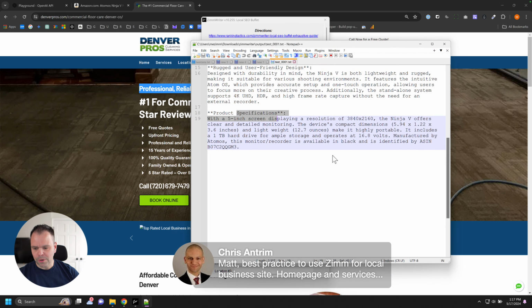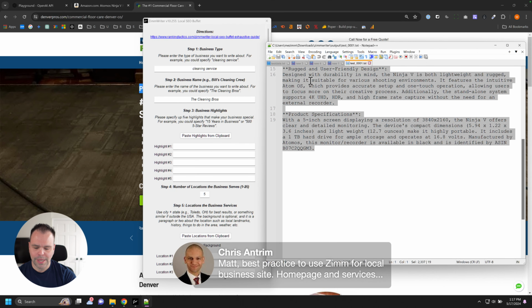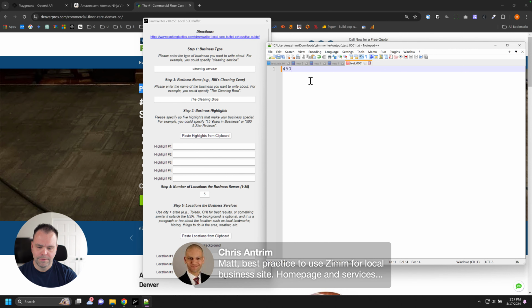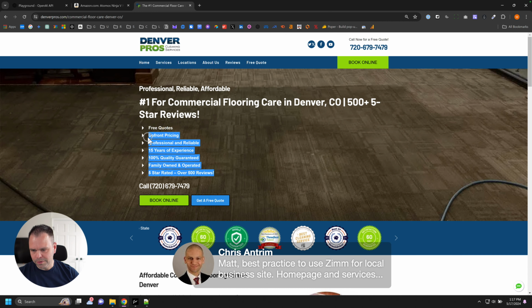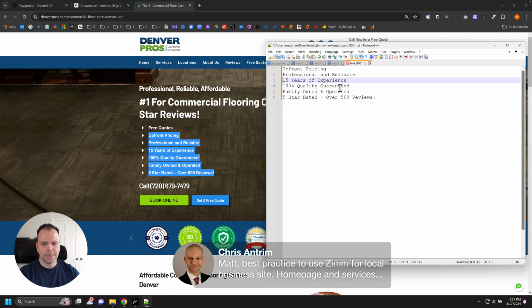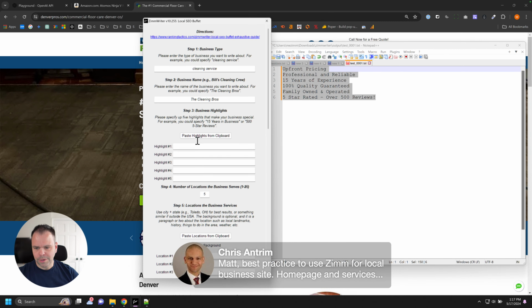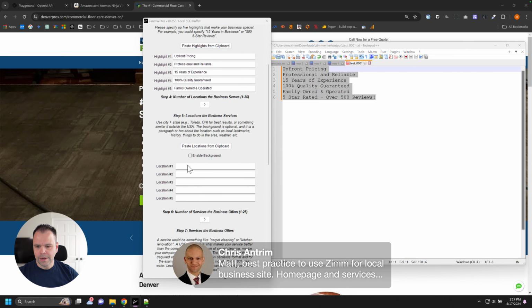Now, what's cool is you can actually create the next boxes offline. Actually, let's just take these and borrow these for a moment. Not recommending to borrow them. So you can create your stuff in here, copy it, and then go to ZimmWriter and just paste your highlights from the clipboard. Okay. And then you can do the same thing with locations, Toledo, Ohio,